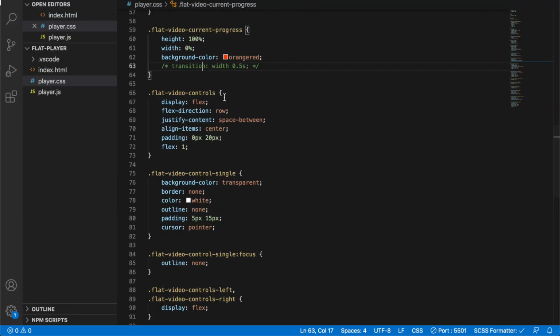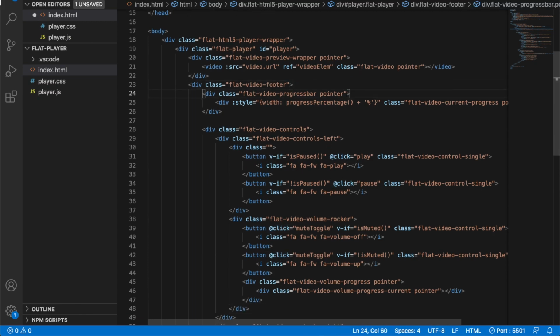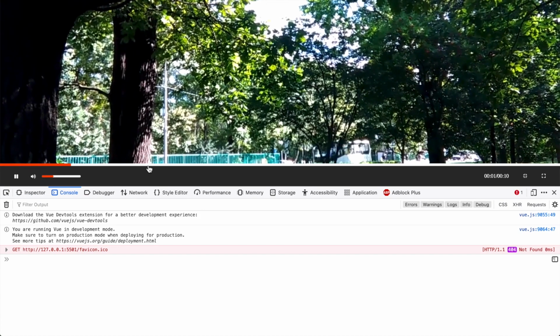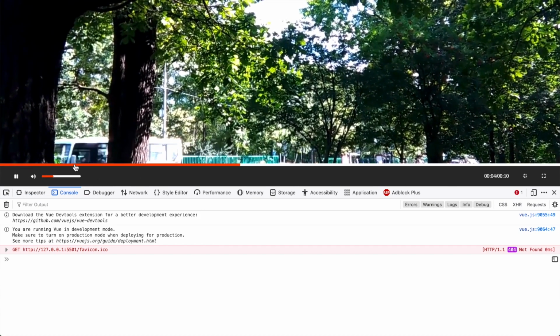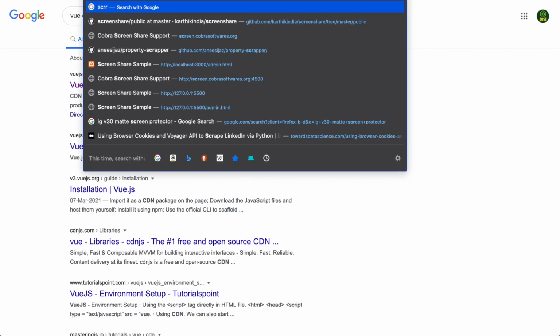Might have added the skip to footer. Yep. And it should go here. Okay, so our progress bar also seems to be working. Now we can go ahead to the full screen. What we can do is